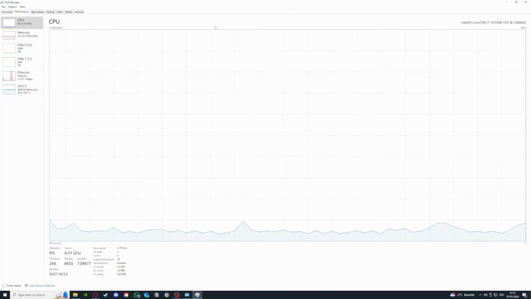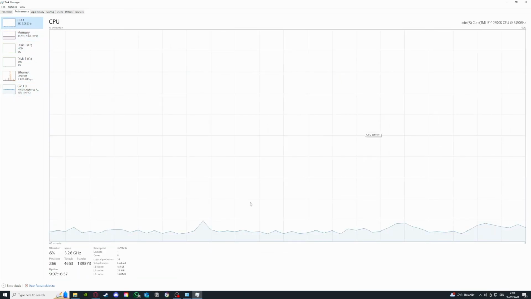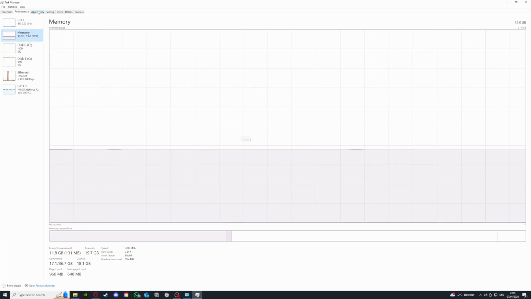And if you want to have a more detailed look, you can also look at the performance tab, where GPU and CPU performance is shown in a graph. And also an important indicator is the memory usage. For example, I have 32 GB of memory, which is a lot. So if the program is taking up a lot of memory, you should consider upgrading